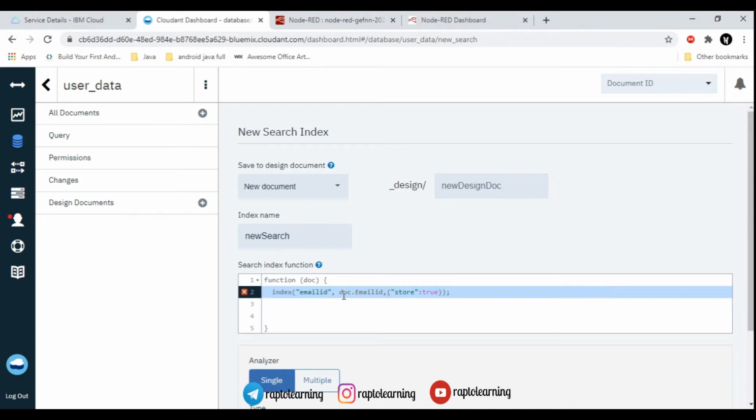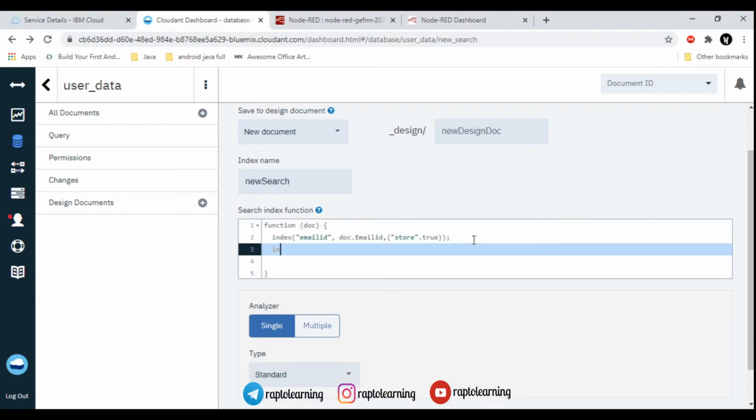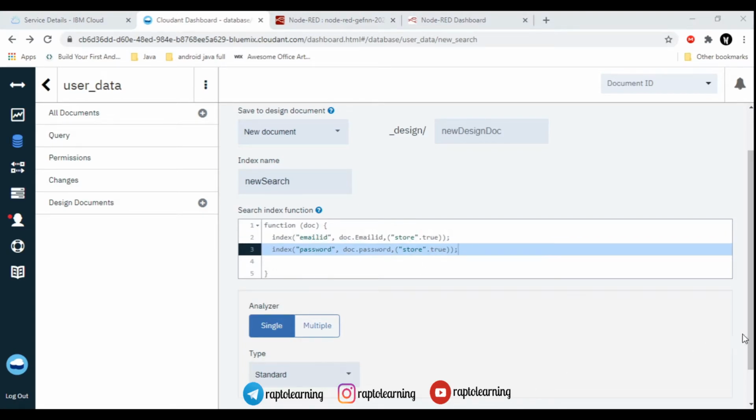So you may get it too. That's why I am going to show you to mention a comma after the email id, and then store dot true, and it is still giving me an error. So we'll just fix this error. You may think that once the error is gone, it should work properly, but this is not the case. You have to mention everything exactly as I have mentioned below.